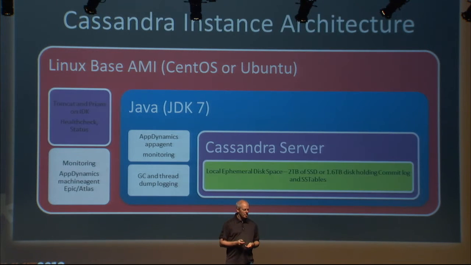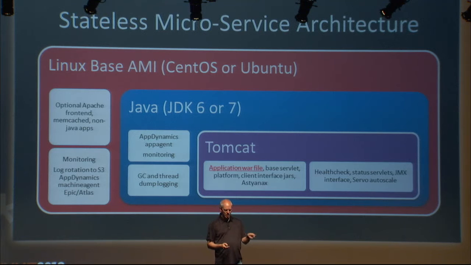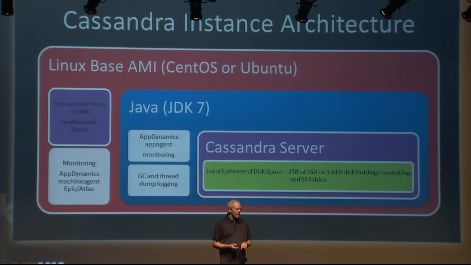The way that Cassandra looks is a little different. If you take that wrapped up Tomcat server that was the main box here, the big bluish box, and we put that over in the top left corner, that's now Tomcat running our Priam code, which is one of our open source projects. How many people here use Priam? I got a few hands up.